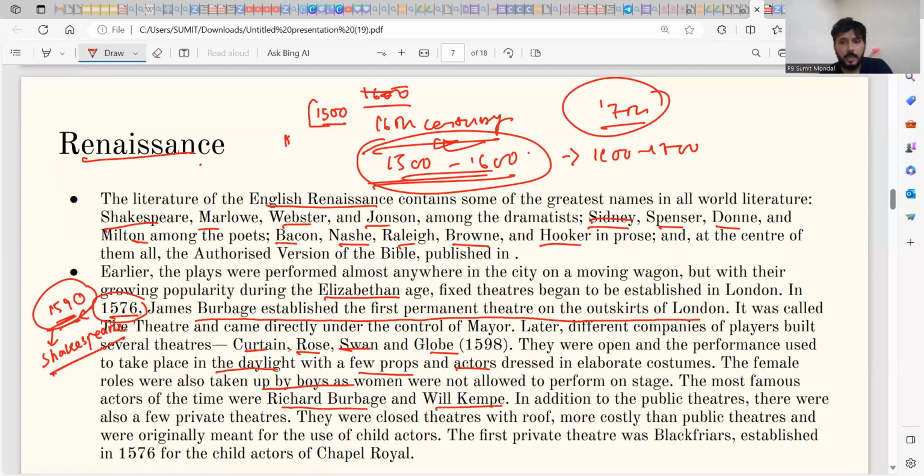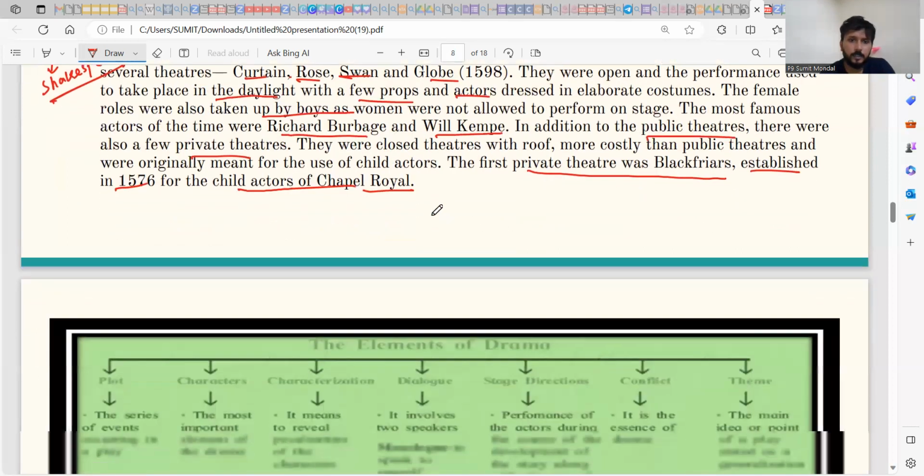Please remember the names. And public theatre के साथ there are a few private theatres also that used to be patronized by some important rich people. Okay. And first private theatre was Blackfriars, established in 1576, and the child actors Chapel Royal. Okay. Now